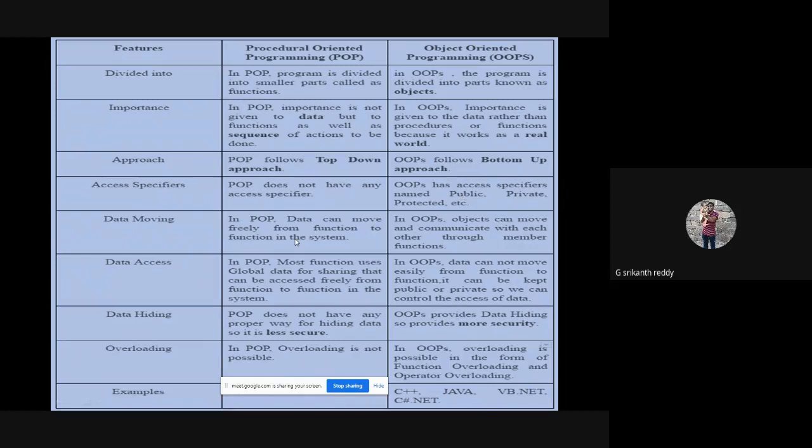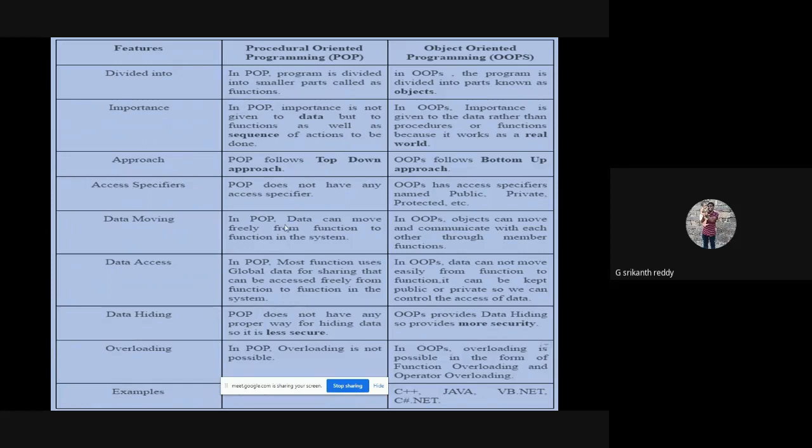And data moving. In procedure oriented programming, data can move freely from one function to another function. But whereas in object oriented programming, one object cannot access the data of another object directly, but it can work on the data only through the member functions of the target object.